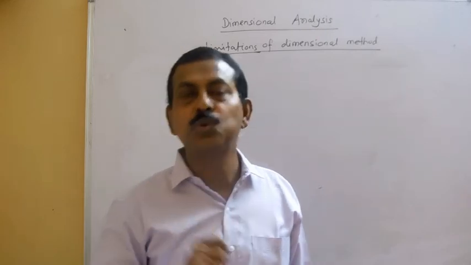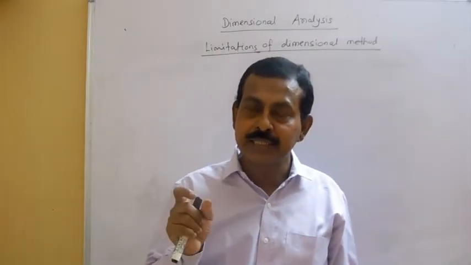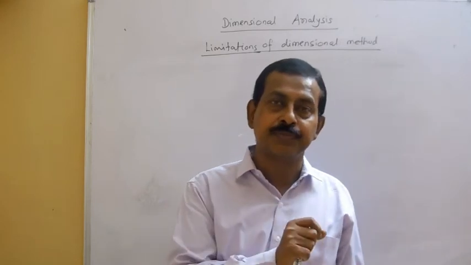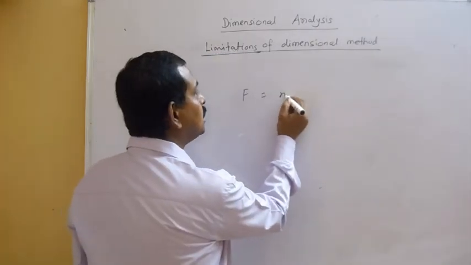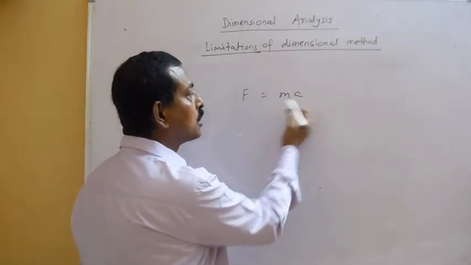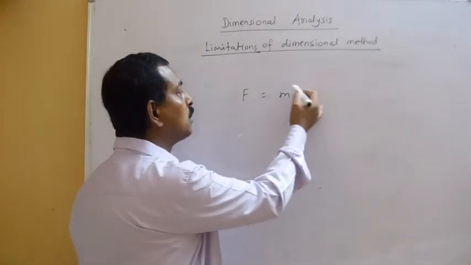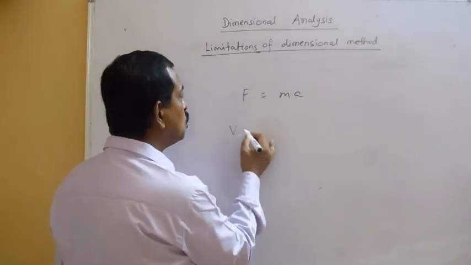Like if you want to get the relation between mass and acceleration to represent force, force is equal to mass into acceleration. This I can get by the dimensional method, because here a product function is used. Mass is being multiplied by acceleration. But if I use